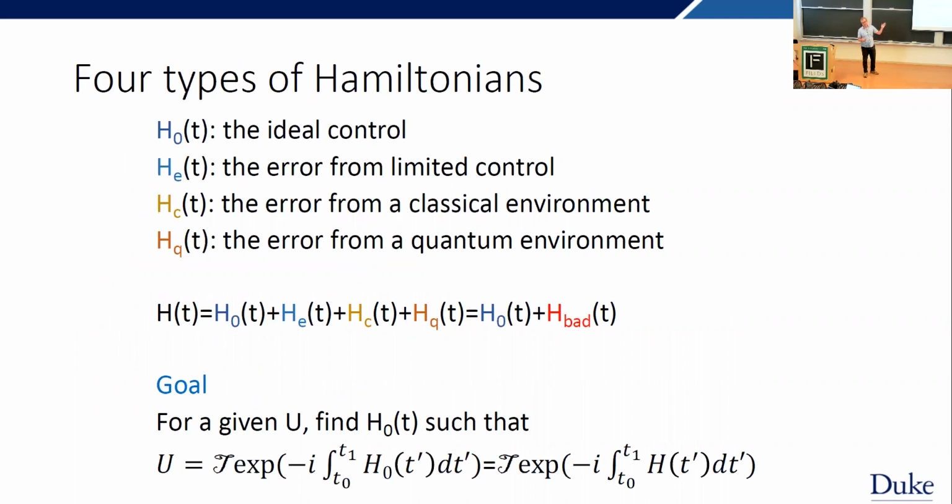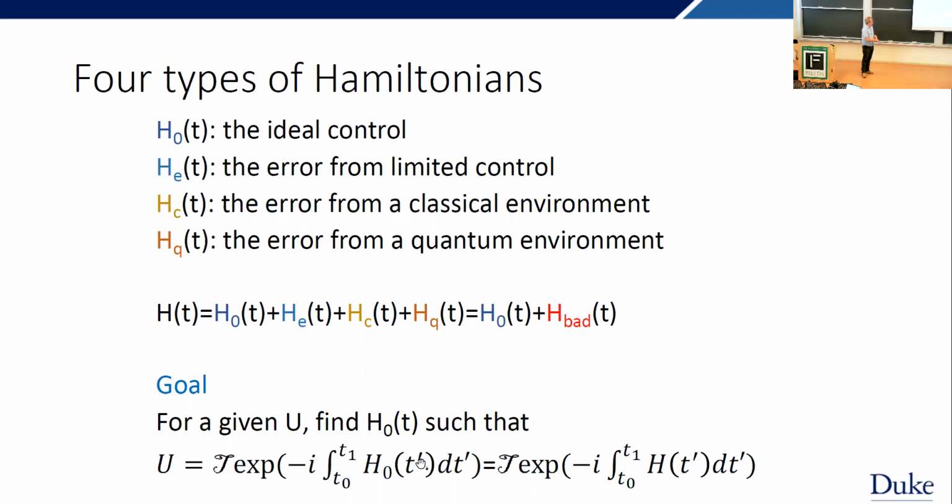But we have limited control, so we can think of that as effectively an error in our Hamiltonian. We have errors from a classical environment, errors from a quantum environment. And I just like to separate it into the good Hamiltonian, H0, and the bad Hamiltonian, which is everything else. And so our goal is basically, can we find